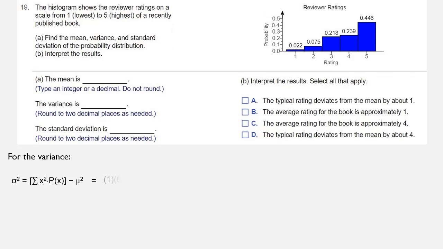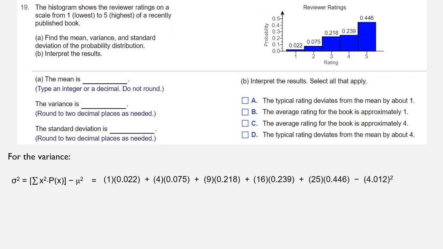So we're going to take 1 squared, which is 1, times 0.022, 2 squared, which is 4, times 0.075, 3 squared, which is 9, times 0.218, 4 squared, which is 16, times 0.239, 5 squared, which is 25, times 0.446. We'll add those all together, and then we'll subtract the square of the mean, which is 4.012 squared. When we do our multiplications, we get 0.022 plus 0.300 plus 1.962 plus 3.824 plus 11.150 minus the square of the mean, which is